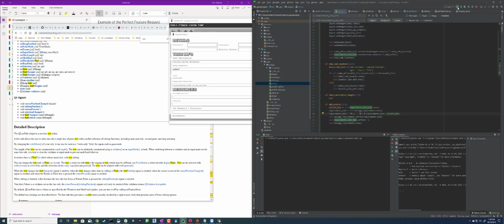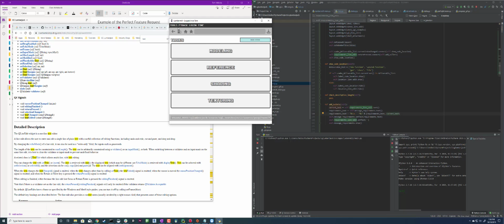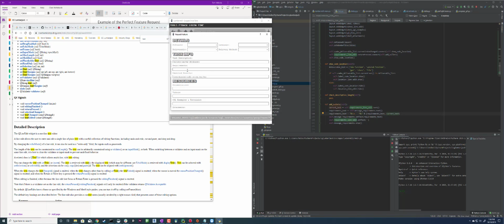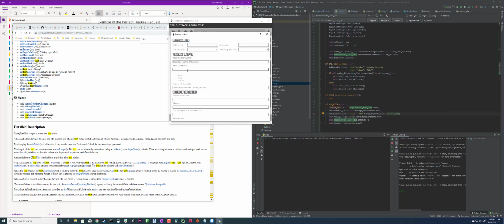We can sort of pseudo format it. That's kick-ass. Nice. And then I just have to make it so that if current text